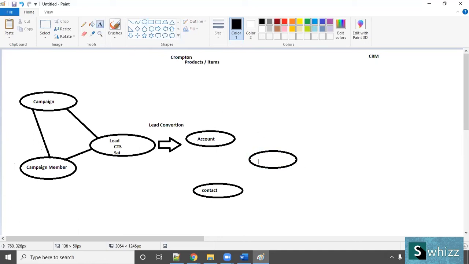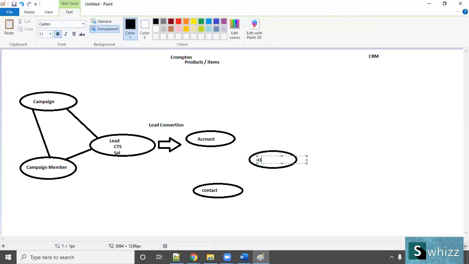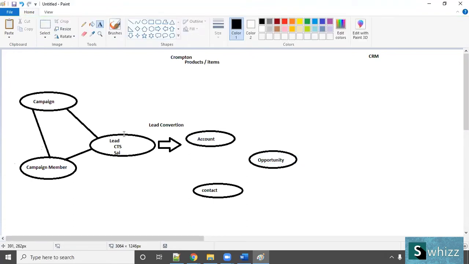And opportunity will come into the picture. So when you convert a lead, the details available in the lead will be split into account, contact, and opportunity. That process is nothing but lead conversion. You are converting that lead into a business. So that part is nothing but lead conversion.